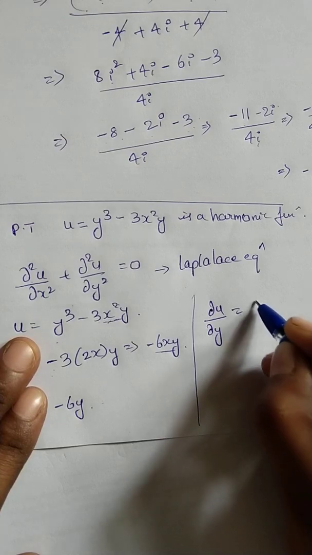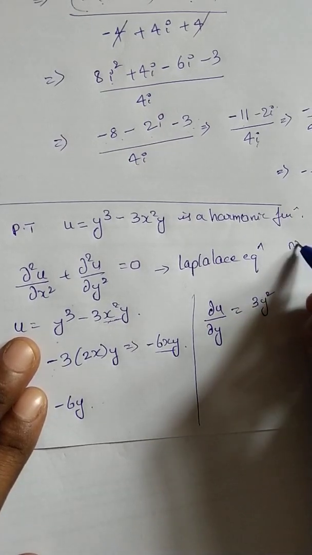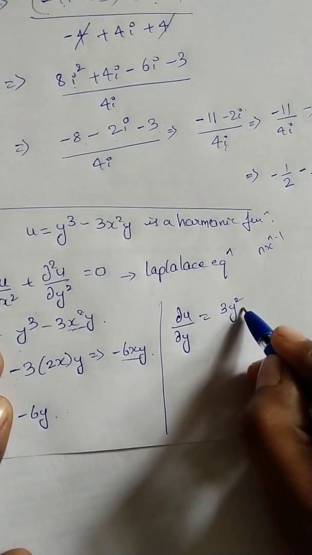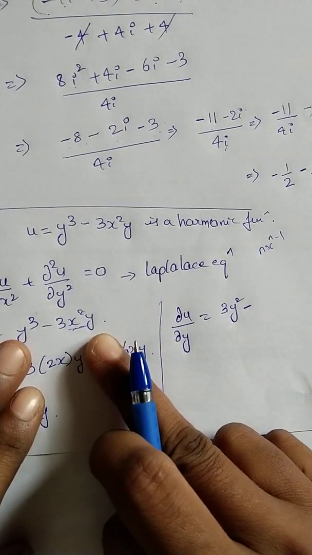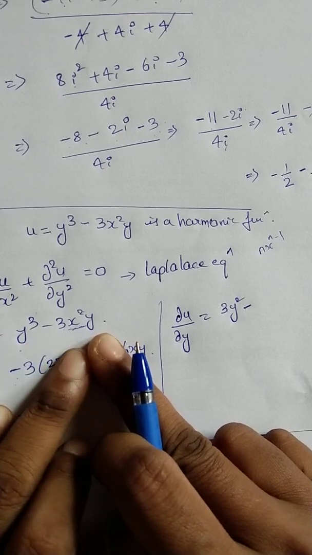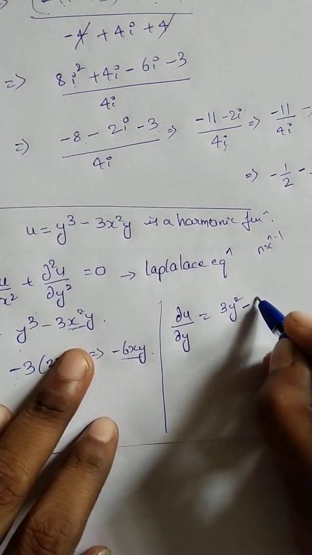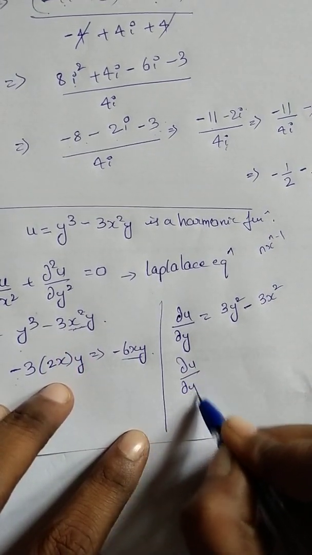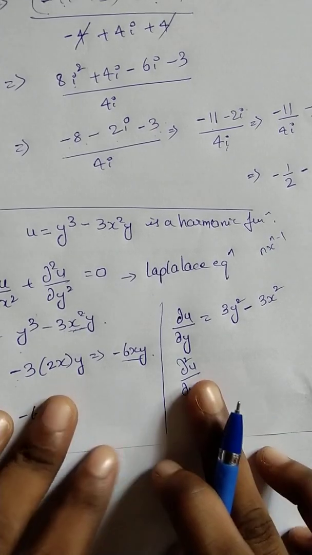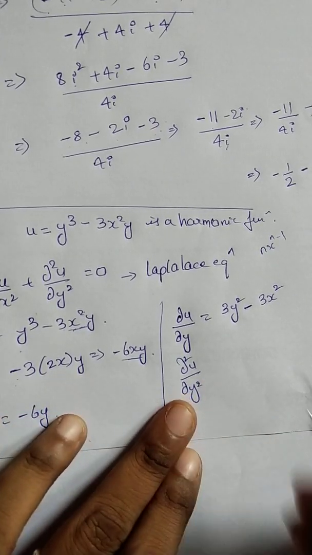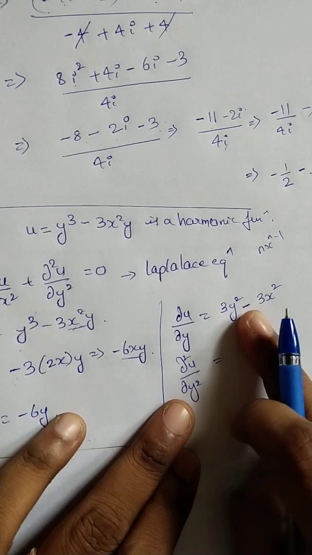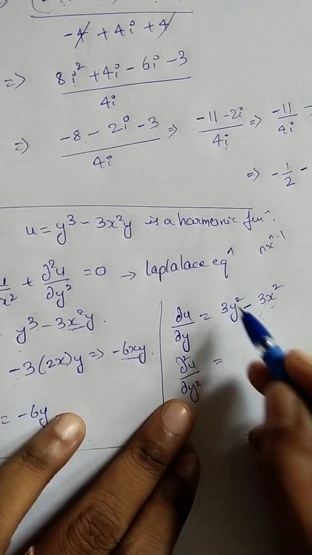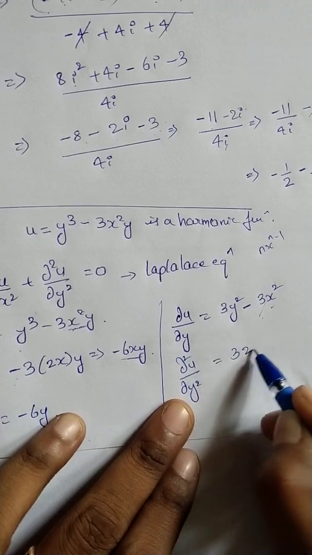The Y cube differentiation is 3y square, that is n into x to the power n minus 1, so 3y square minus, again here y is there, so y differentiation is 1, so that is 3x square. Okay, again if you differentiate this one, because we need dou square u by dou y square, we have to differentiate y again, so this part is like a constant because y term is not there. We have to only differentiate this one, so 3 into y square differentiation is 2 into y,